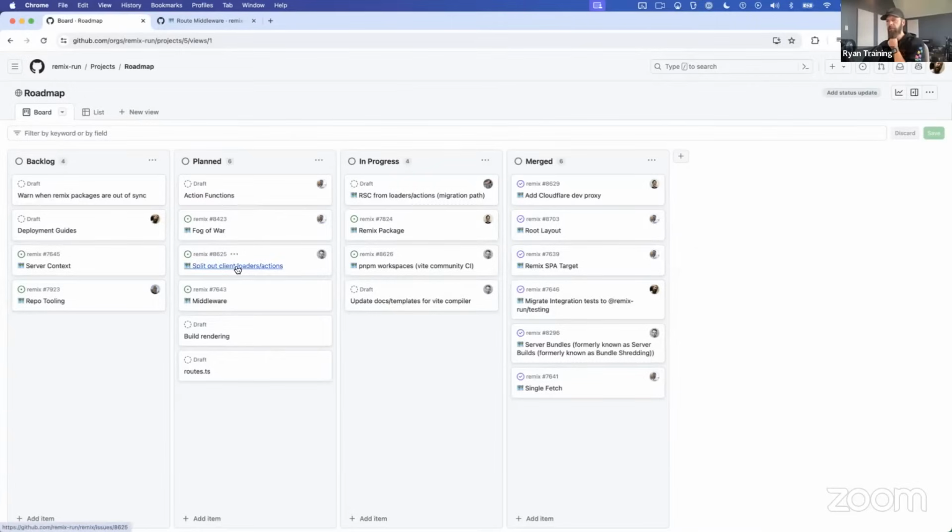Spit out client loaders actions. I think I've slightly brought this one up. This is something that will help the admin app at Shopify. It's a huge app. And the problem, so we introduced client loaders and SPA mode. And what happens is when you click a link or just navigate otherwise, this is related to fog of war a little bit. When you click a link